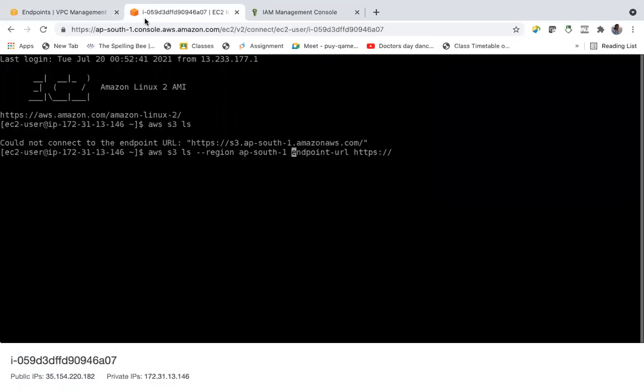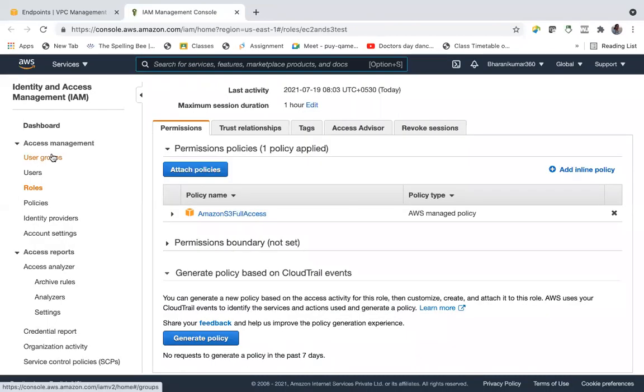But anyway, I think there is some problem with the CLI. It's saying it's not able to reach this HTTPS API. So let us talk about this later. And I'm closing this EC2 instance, and we will talk about